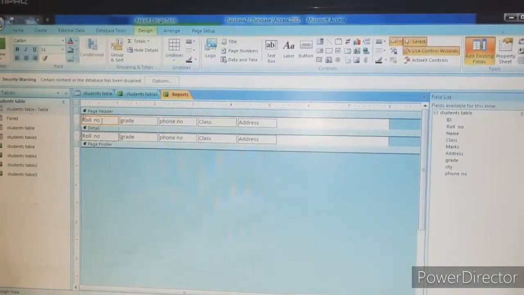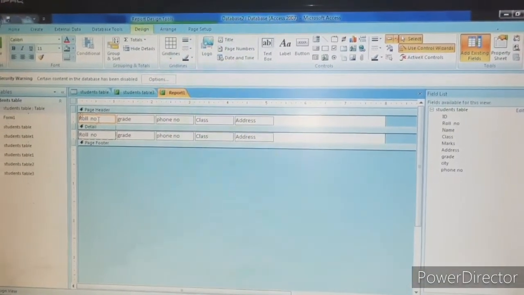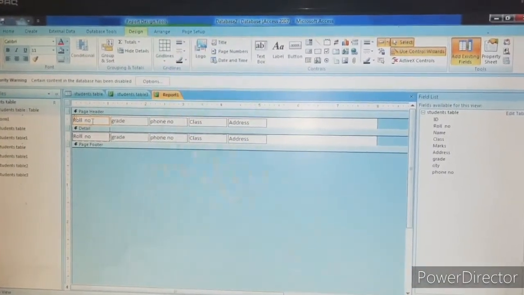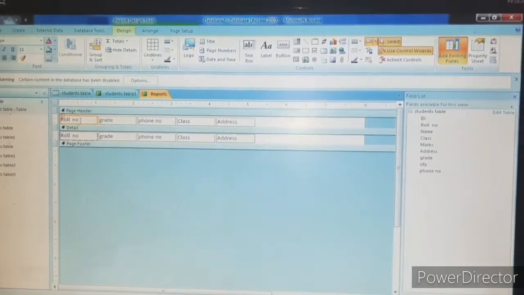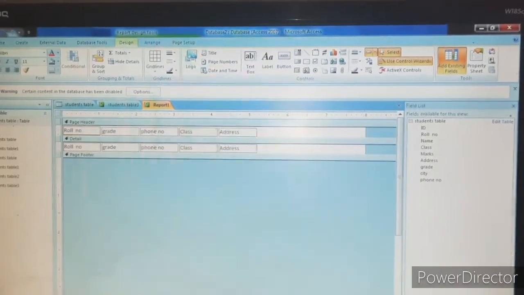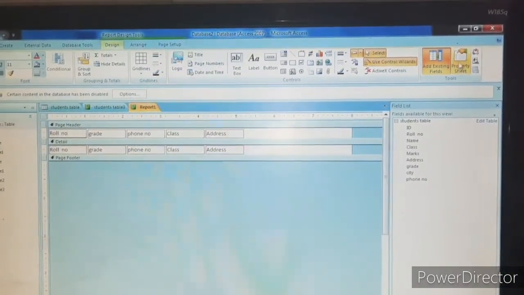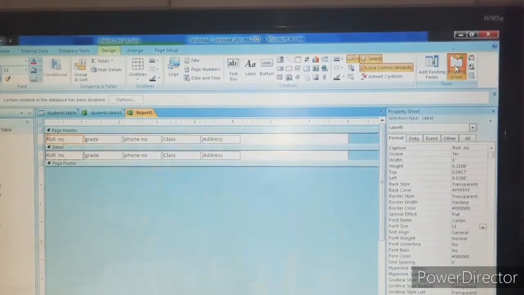Here, formatting means changing the color, changing your background, changing the font styles and fonts. Okay, just select that. After selecting that, the property sheet option will be in the Tools group. Just click on this one, property sheet.